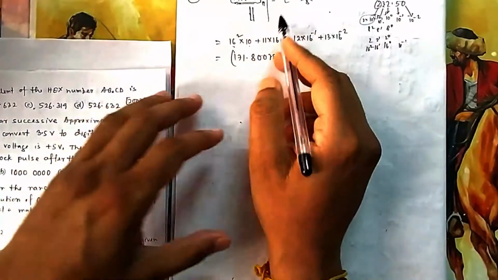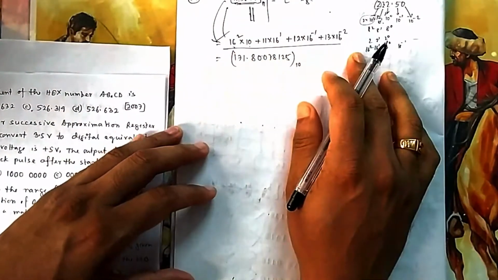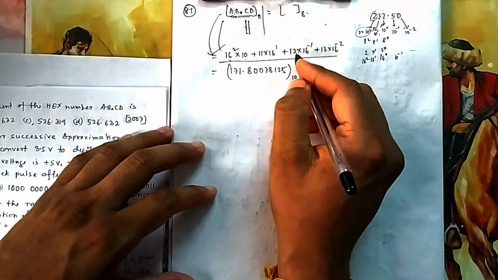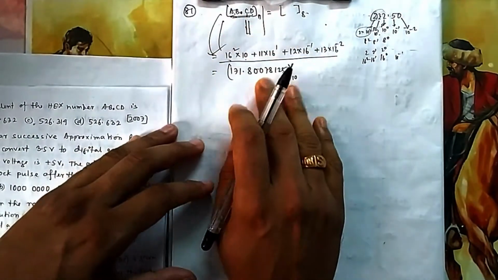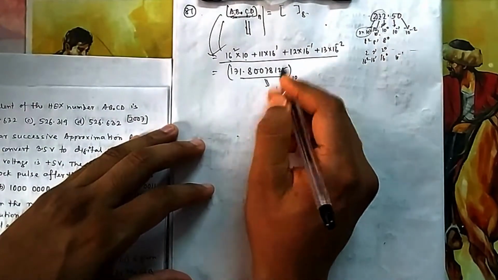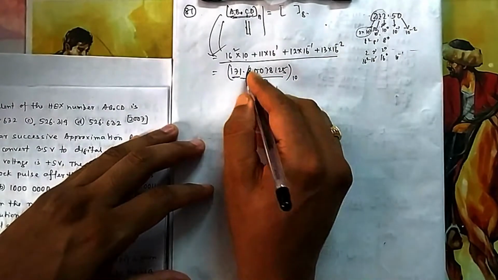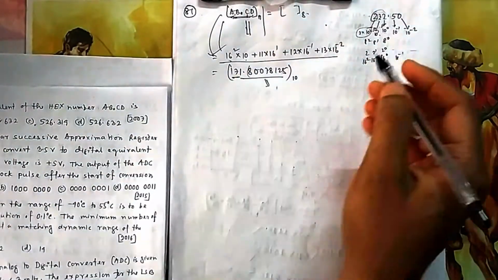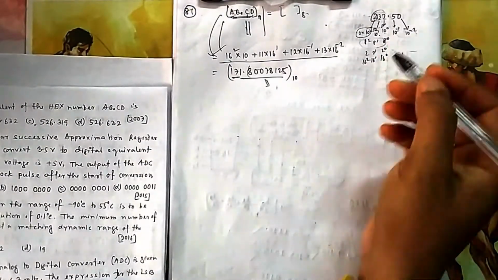So for any base, you can convert it into decimal using this formula. If it is after the fraction point, the powers go minus 1, minus 2, and you keep on decreasing. So you can convert from any base to decimal. It is standard. Now from decimal you can convert it into any base. For that, the integer part is done separately, and the fraction is done separately. Because for the integer it is multiplication, for the fraction it is division. 10 to the minus 1 is nothing but division.